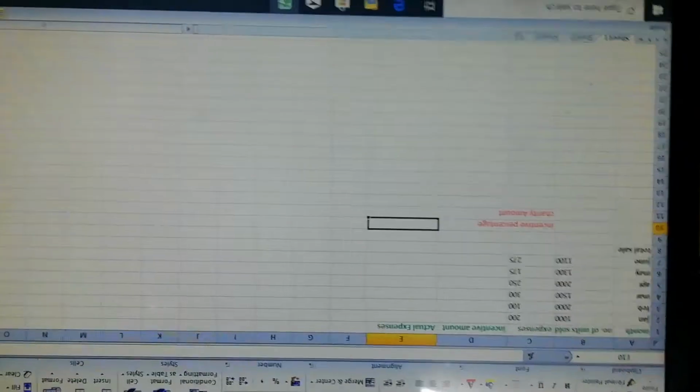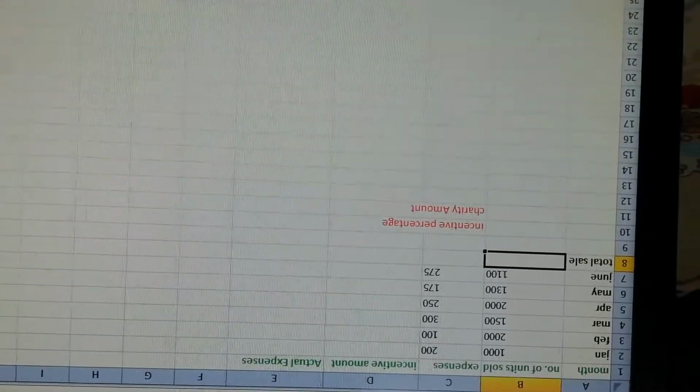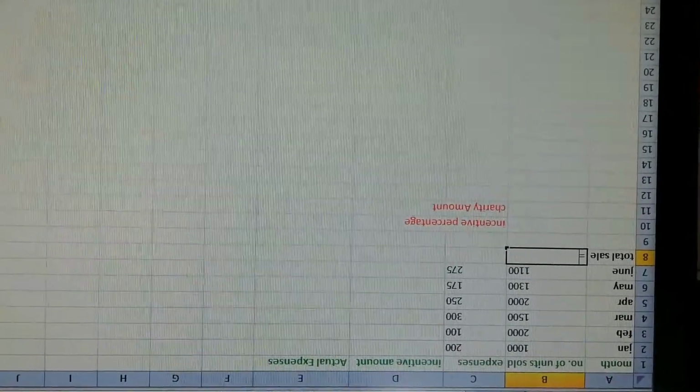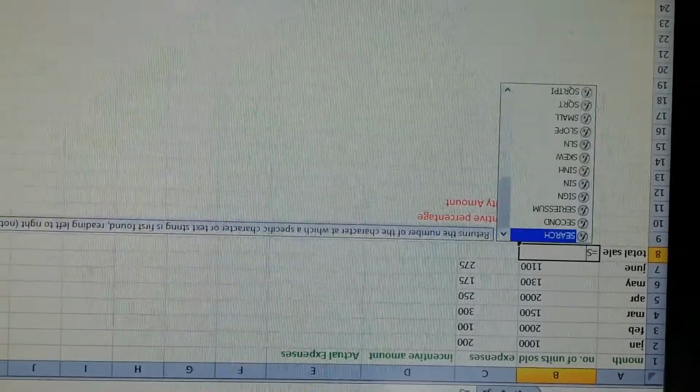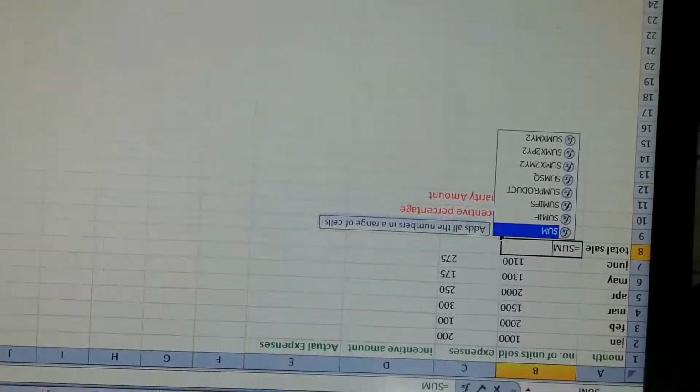In the first step, select cell B8 in which the formula sum B2 colon B7 is written. Click on the copy button. So let's do it. The first step, let's do the total of this. You have to put the equal to sign. Then you want to sum them. It's SUM, it's a function. Next, brace.